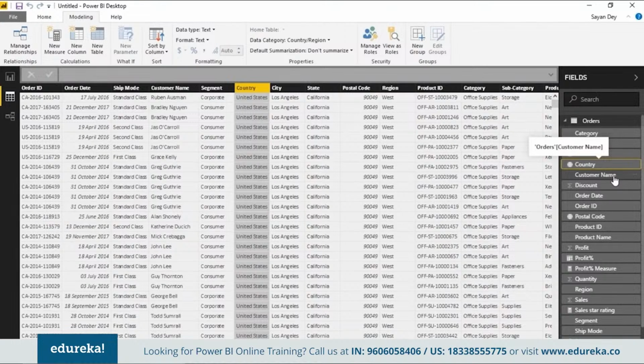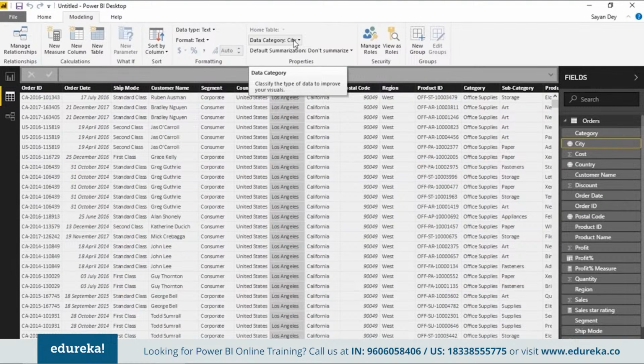If it's a city name like Delhi, Bangalore, or Mumbai, Power BI knows it is a city, so you don't have to specifically tell it. But if it's something Power BI is not able to perfectly recognize, setting data categories is very useful, because column names are not always going to be exactly what you're seeing right now. Although it's recommended that you use proper column names, that may not be the case, and the underlying data may not be what Power BI can recognize. Even if you don't set it properly, Power BI will still display your data, but there are certain use cases where it will not come out accurately.